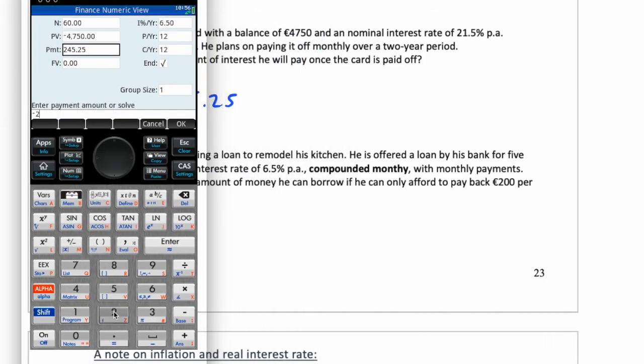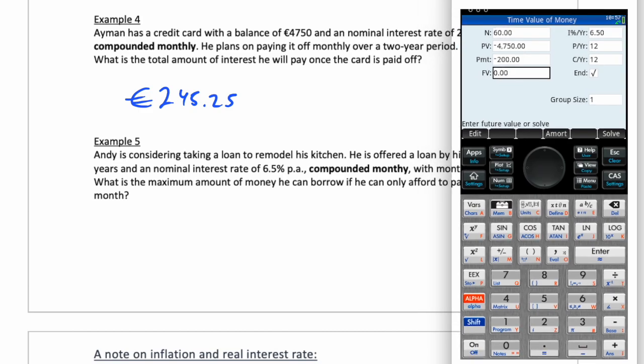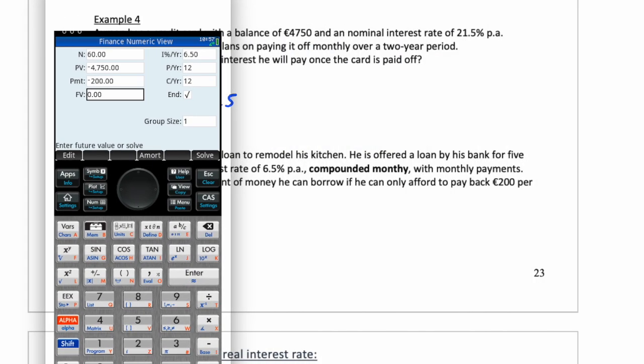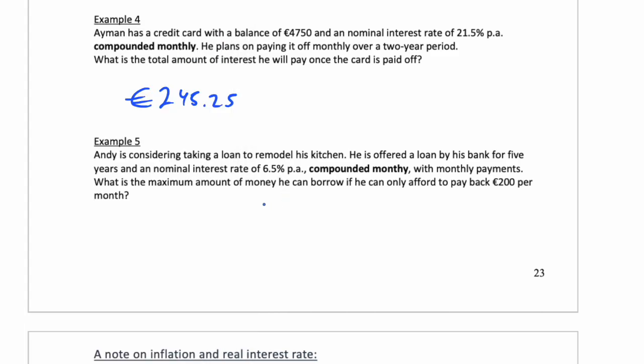So I'm going to put in negative 200 because you're paying 200 into the bank every month. And it's eventually going to be 0, so I believe now we'll just click here and we get the value. So we click on solve and we get